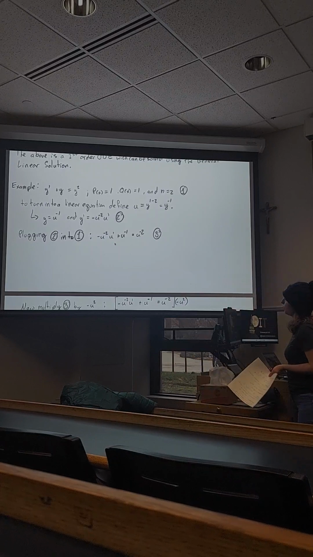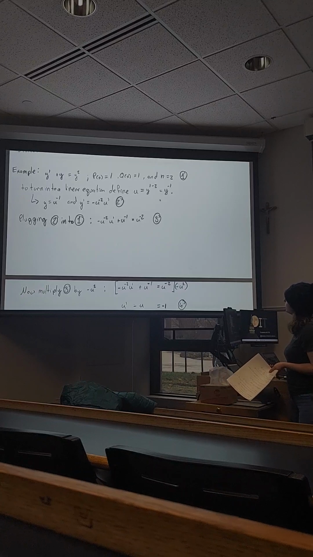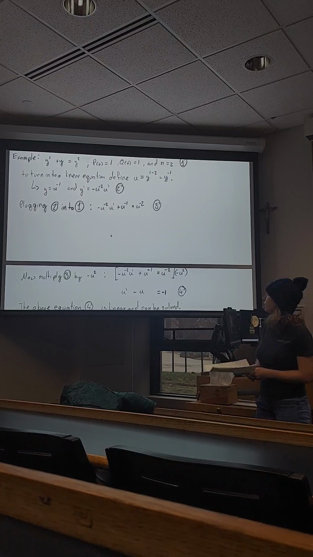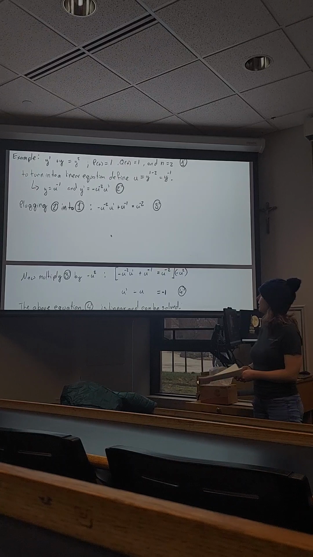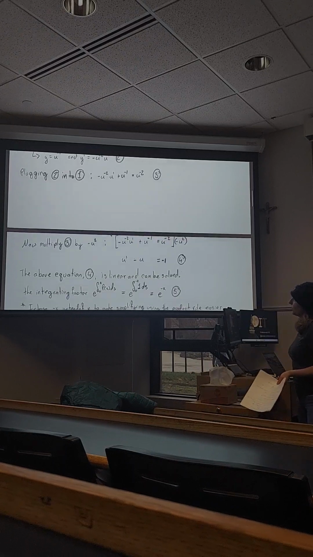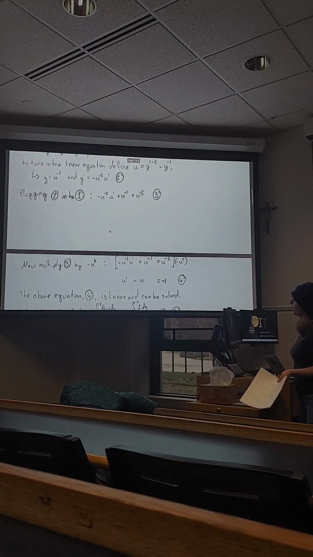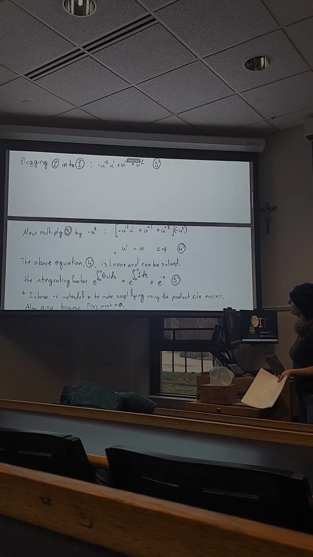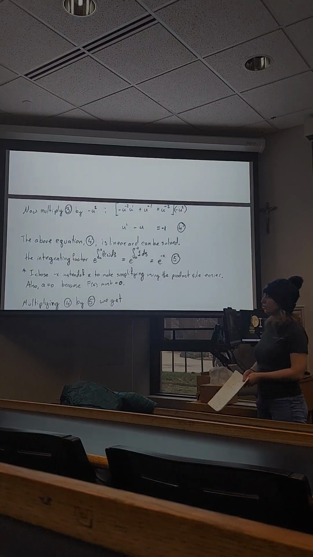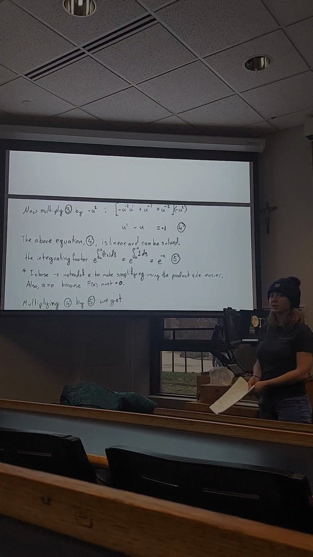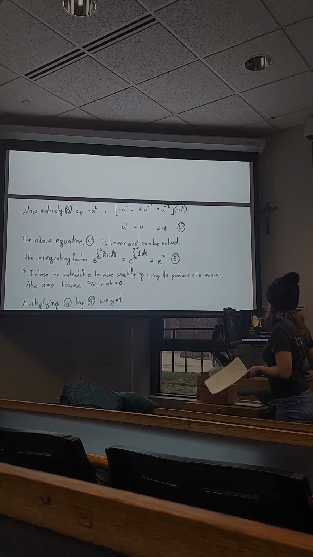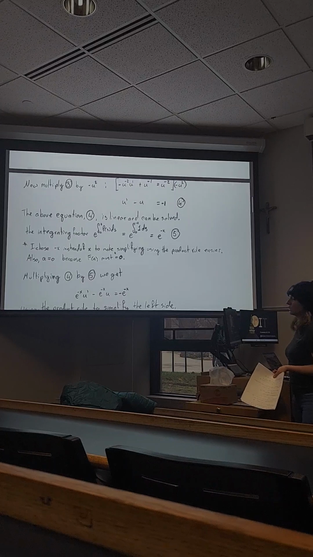And as above, we plug equation 2 into our given differential equation to get negative u to the negative 2 times u prime plus u to the negative 1 is equal to u to the negative 2. So then, multiplying by this term in front of the u prime, we get u prime minus u is equal to negative 1. Seems fairly easy to solve, so we're going to solve this using the general